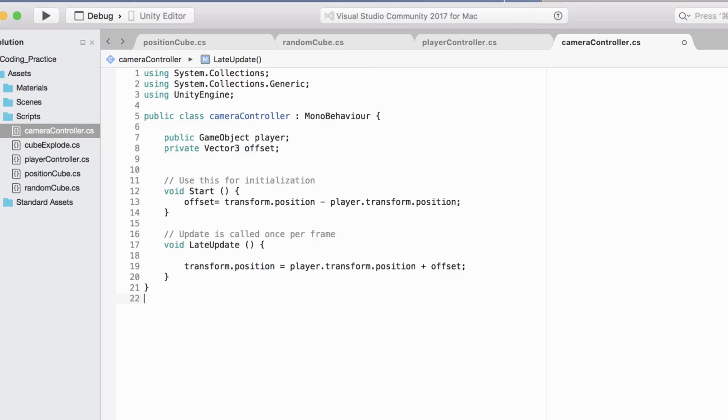It is just a little bit more precise when we're controlling the camera, because in some situations you might have your camera moving slightly before the player if we use the normal update function. So changing it to LateUpdate just means that it's going to be a little bit more consistent, and it's going to make sure that your camera is actually following the other game items instead of getting ahead of them. So we can now save